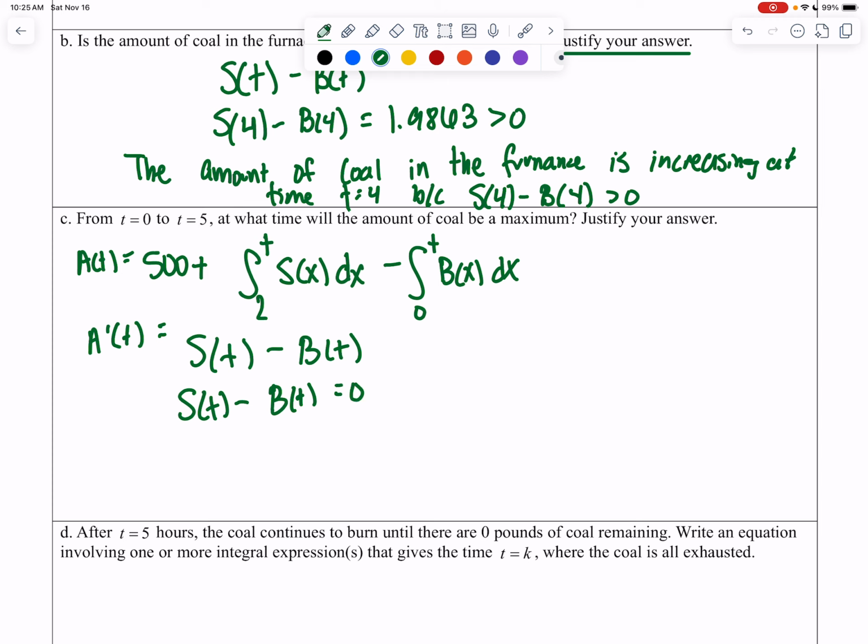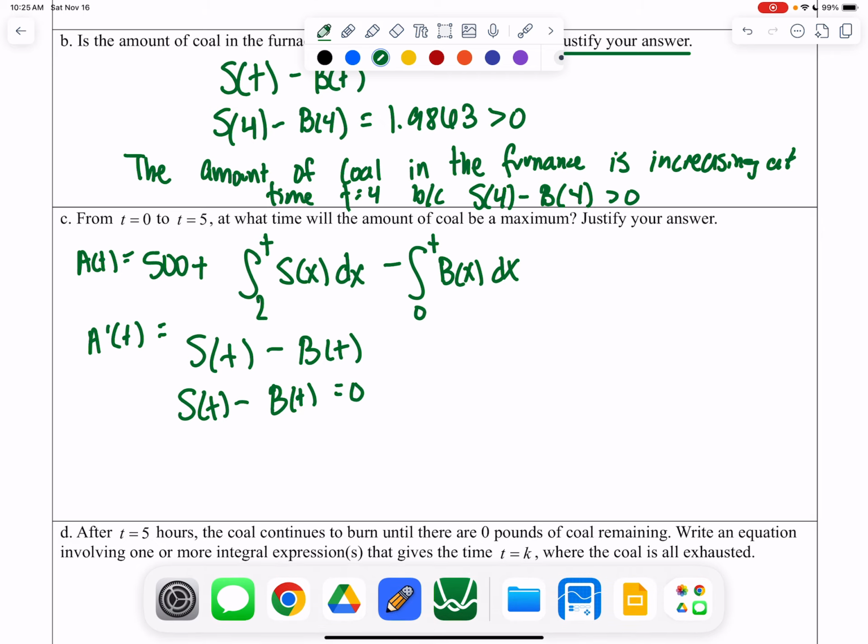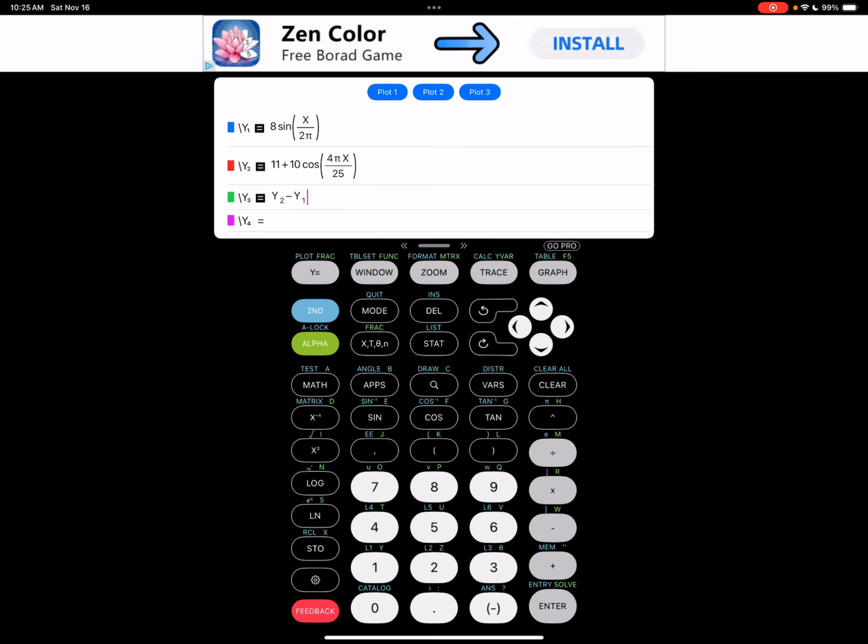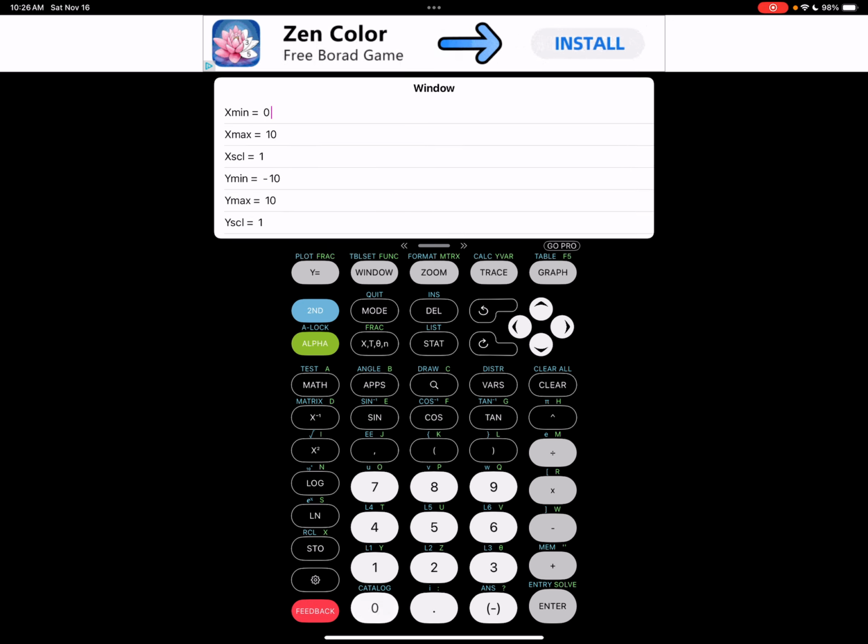Notice how I'm doing it one line at a time, setting that equal to 0. Now that's already y3, so that's great. I'm going to go ahead and uncheck and clear y1 and y2 because I don't need them. I do want y3, so that's great. Now my window should be from 0 to 5. So 0 to 5. And then my ymin, ymax should probably be from -1 to 1 because I want to